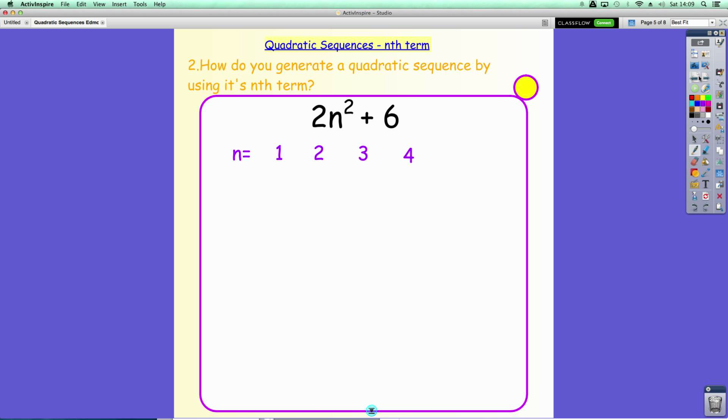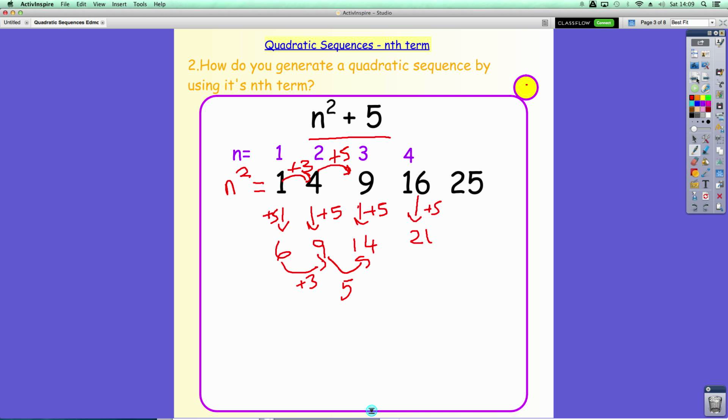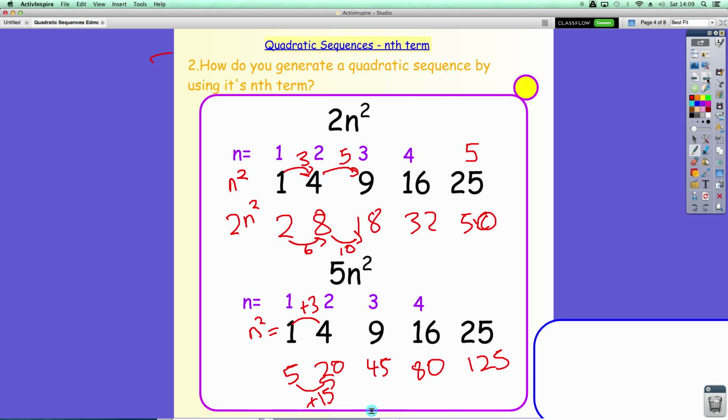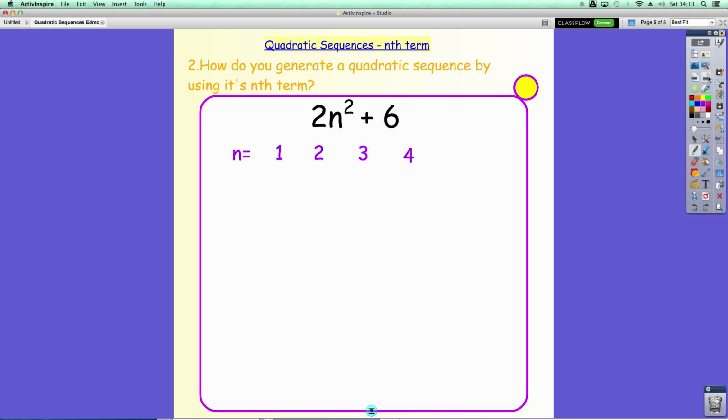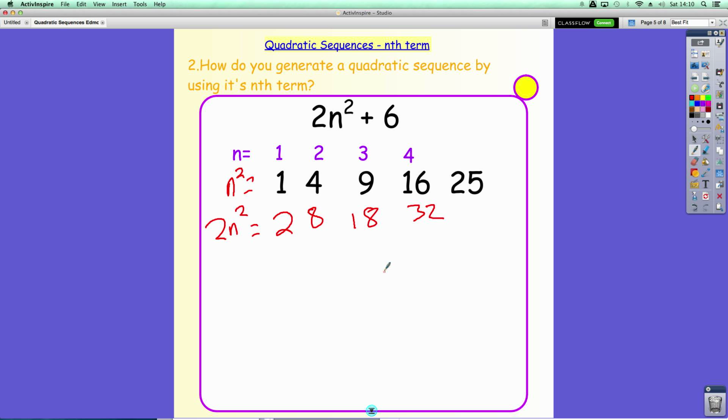So what about something where you not only add something and times it by 2, here you are multiplying and adding. So 2 times n squared plus 6, starting the same way with a table, n squared is now equal to 1, 4, 9, 16, 25, doesn't change. And so 2n squared is now 2 times that, which we've seen, so 2, 8, 18, 32, and then 2n squared plus 6